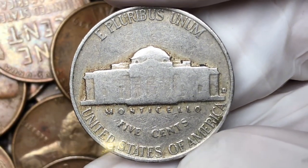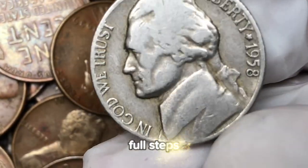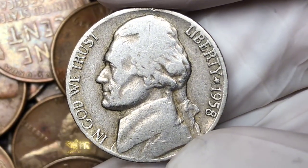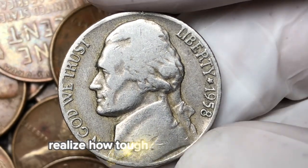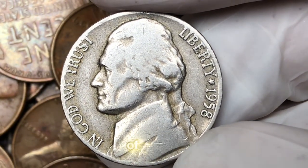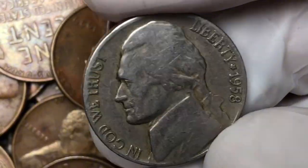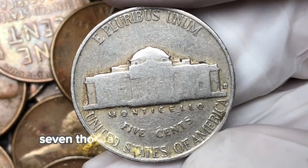But that's not even the most eye-opening sale. A rare 1958 Jefferson nickel in MS67 plus full steps, the top of the population in terms of condition, fetched an astonishing $9,200 in a high-profile coin auction. And these prices aren't flukes. They've been consistently rising as collectors realize how tough it is to find this coin with full steps and pristine luster. Want more? A dramatic off-center 1958 nickel with about 45% of the design shifted and the date still clearly visible sold for $2,800. Another example with strong doubling on the obverse and nearly perfect steps fetched $7,500 in a